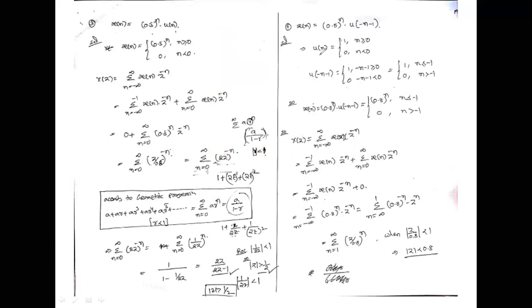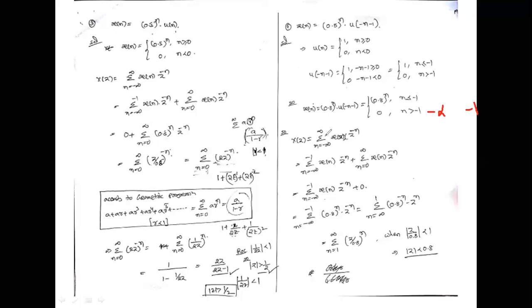So u of n is equal to 1 for n greater than or equal to 0, and 0 for n less than 0. And u of minus n minus 1 is 1 when minus n minus 1 is greater than or equal to 0, that is, n is less than or equal to minus 1. Less than or equal to minus 1 means the range is from minus infinity to minus 1, and only there the value is 1. What matters? The solution here,